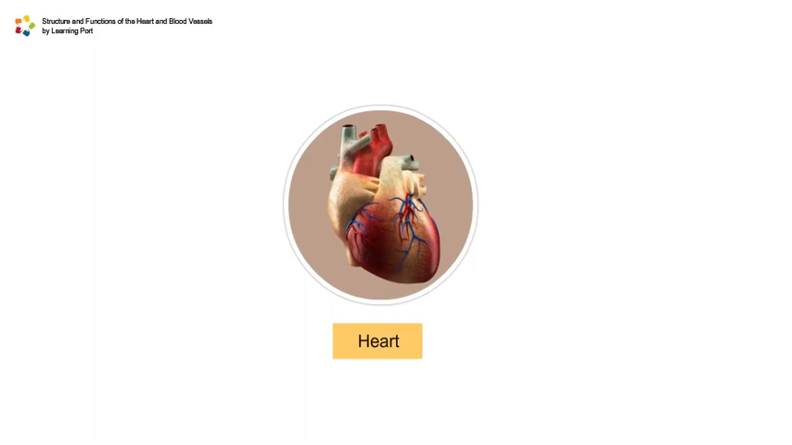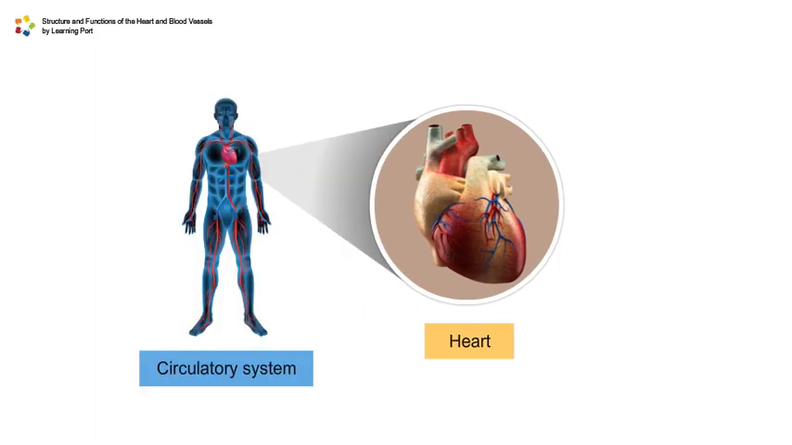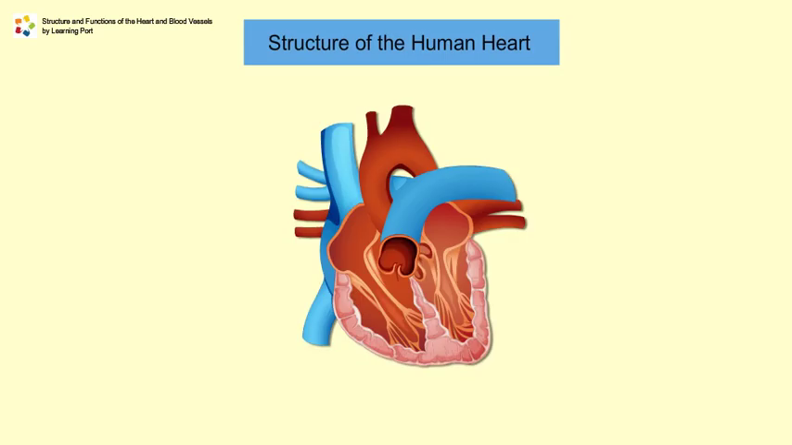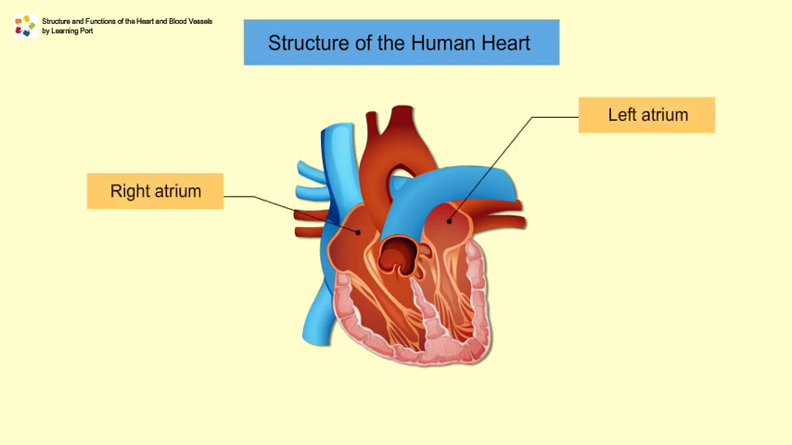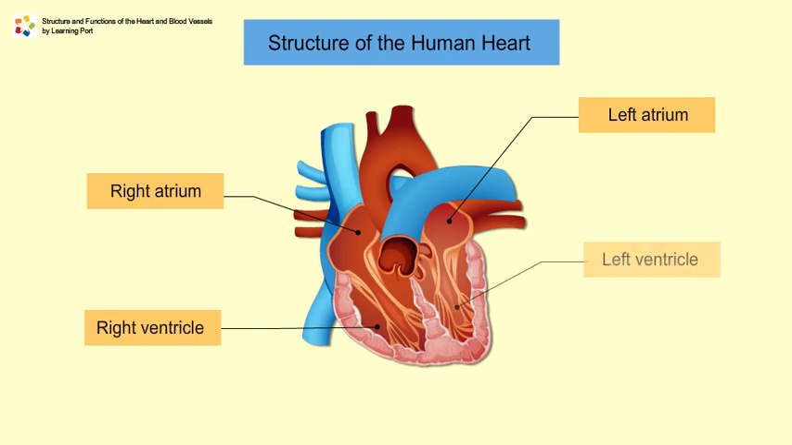The heart is an organ in the circulatory system that pumps blood around the body. Let's look at the structure of the heart. The heart has 4 chambers: right atrium, left atrium, right ventricle, and left ventricle. The right chambers and left chambers of the heart are completely separate from each other by a muscular wall called